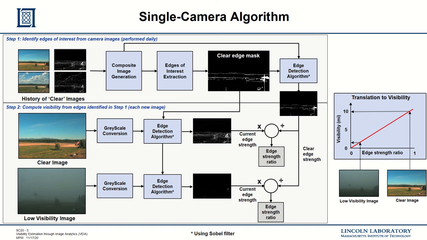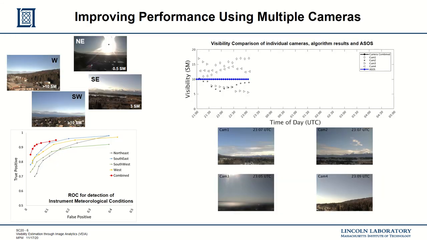I also told you earlier that the challenges in individual images can be mitigated through a multi-camera system. Our algorithm includes a method to combine any number of cameras together into one estimate based upon citing information in the sun's position relative to the camera. Shown here are 4 cameras at a location in Alaska on a clear day. One of those cameras, one looking northeast towards the sunrise, is significantly underestimating the visibility at 1/2 mile, while the cameras facing west and southwest are estimating visibility higher than that at 10 miles, and that is the limit of